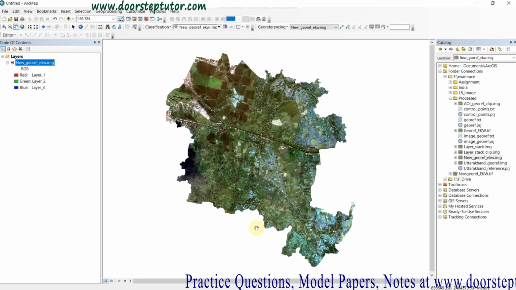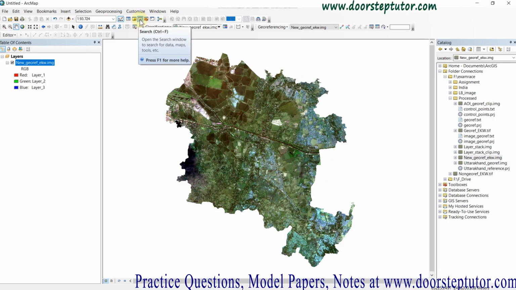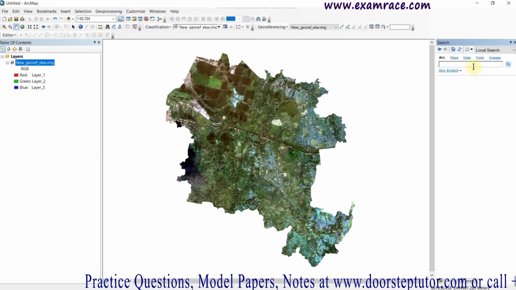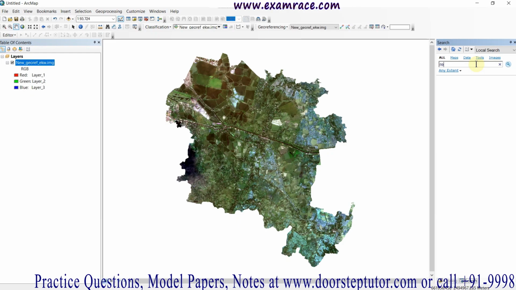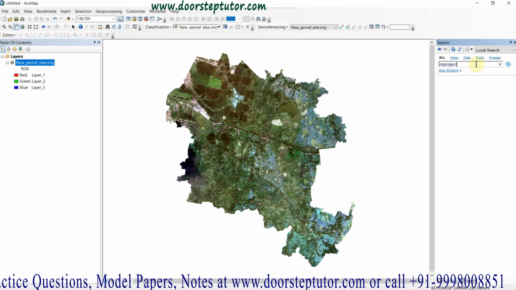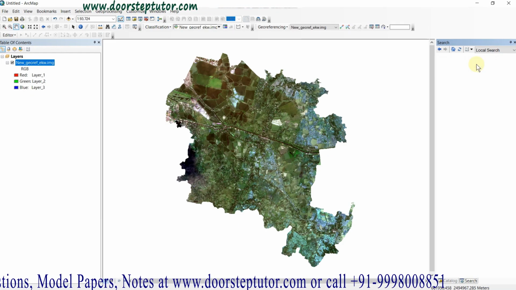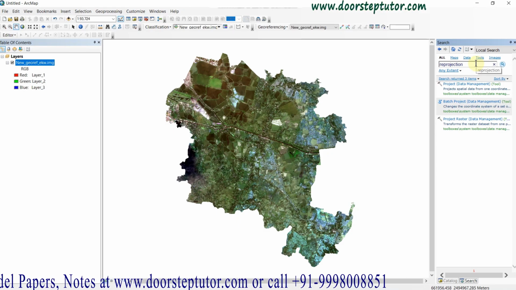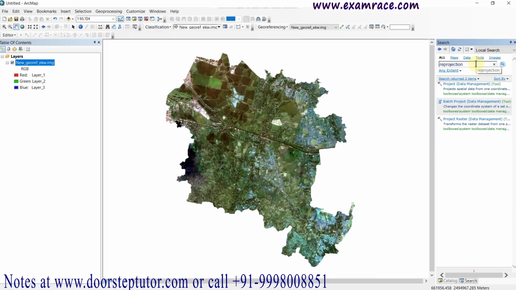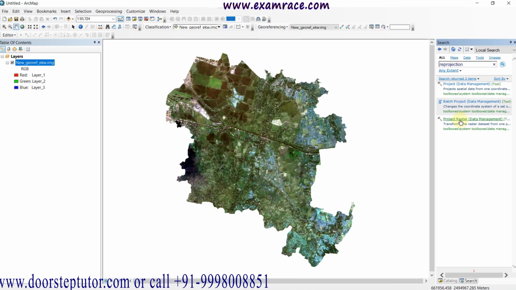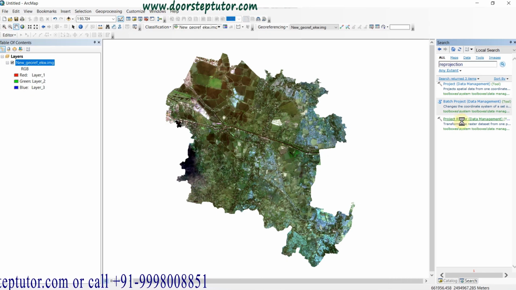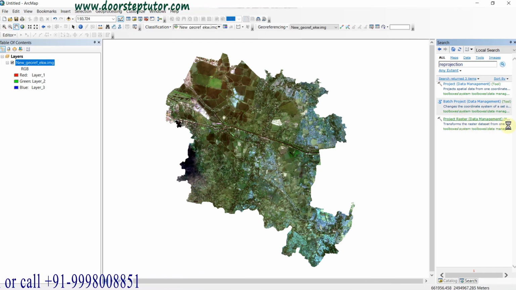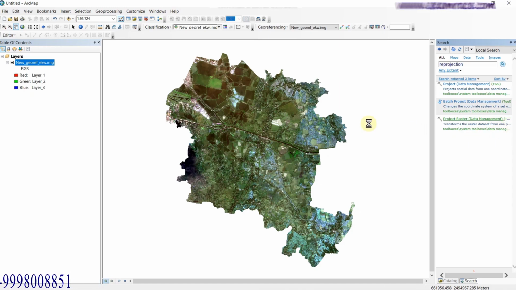Simply go to the search option, type here reprojection, enter. You can see here the Project Raster tool, which transforms the raster dataset from one projection to another projection.